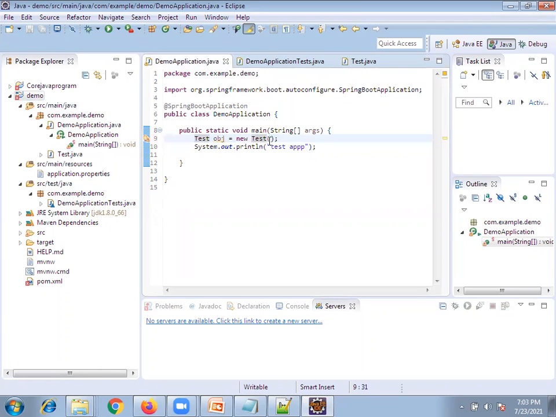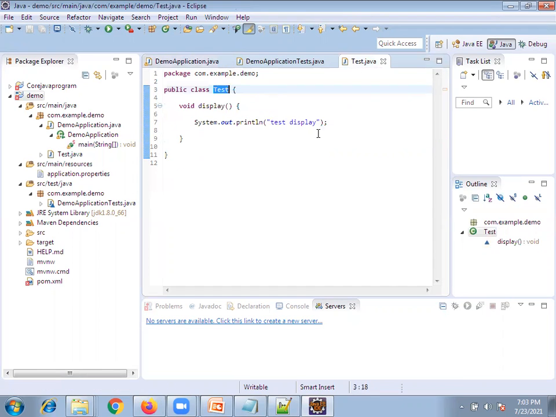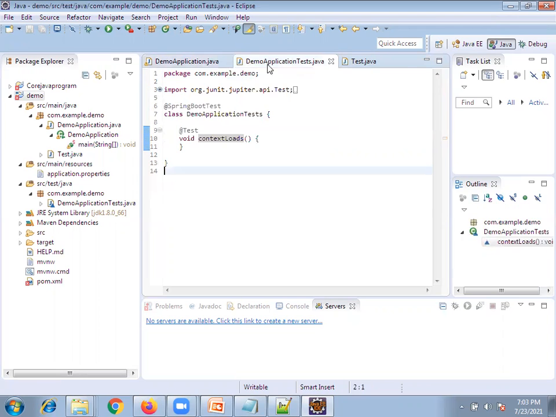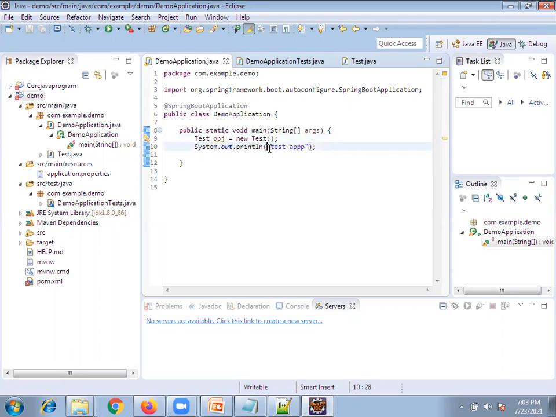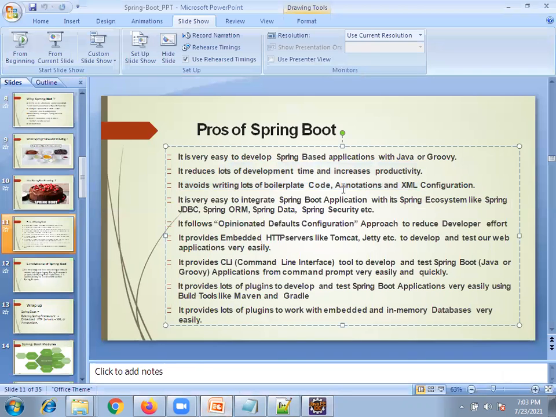Now let's go back and think about Struts and servlets. It will take 1 day. If any XML related error comes, it will take 1 week. But now, within 1 minute you are developing the code. You are completely focusing on writing the code, not configuring the application or configuring any XMLs and all. Directly you are starting the coding. Because of that only, it will increase the productivity.